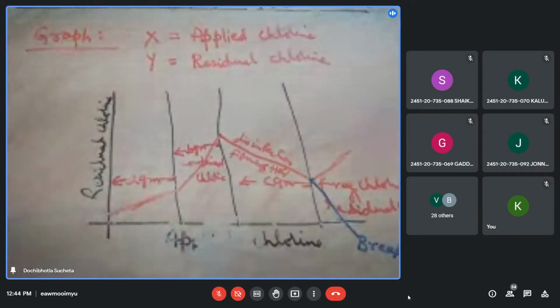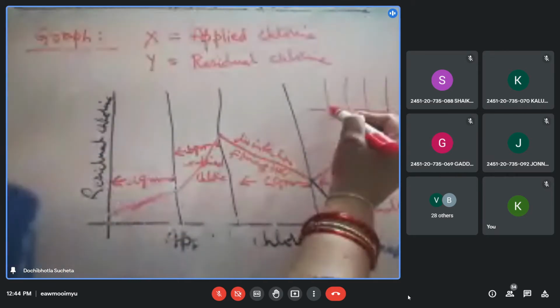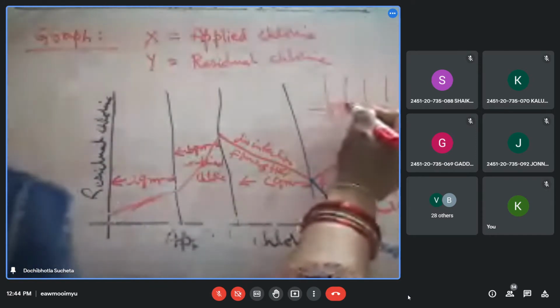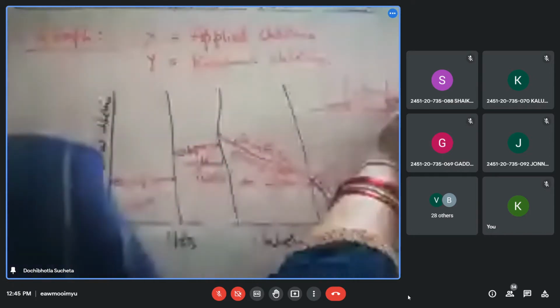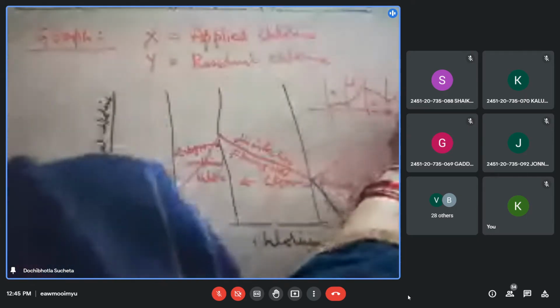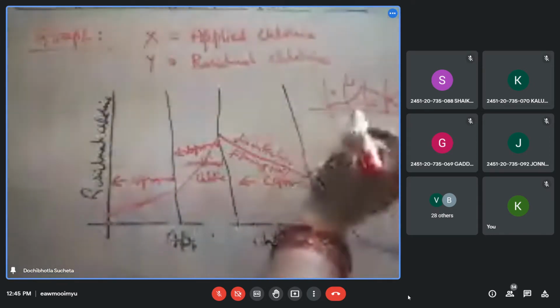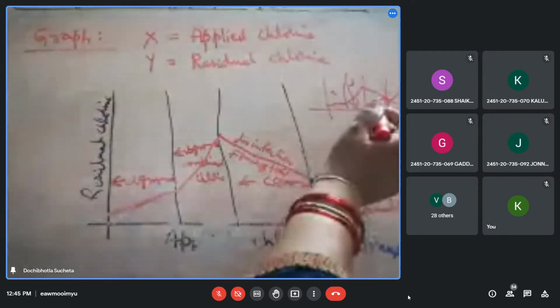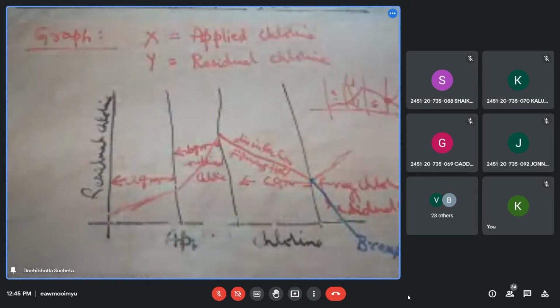You want me to just do a rough diagram like this? 1, 2, 3, 4 compartments. Start here, somewhere here. Put a straight line nearly. Increase. Almost there. Like that. We'll say A grams here, B grams here, C grams here, and free or residual chlorine. This point is the breakpoint. Here, the chlorine is in the combined state. Here, it is doing the disinfection. In the A stage, it is reacting with the reducing agents. That's about the breakpoint chlorination.